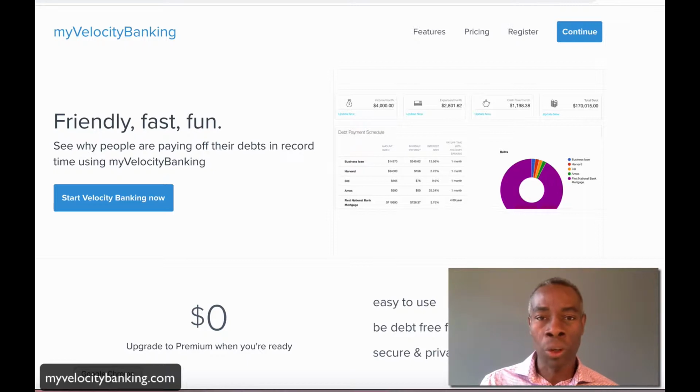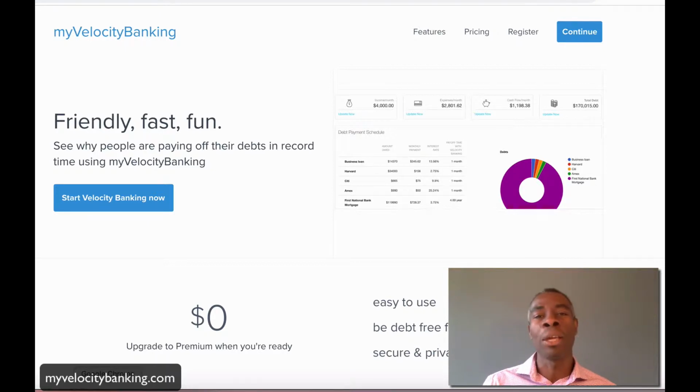If you haven't already done so, head over to the site, sign up for a free membership, and start entering your information, your expenses, your income, and determine your cash flow. Once that's all in there, you can get a report on how to start doing velocity banking. It will break down what tool to use, how much chunk payments to make, when to make them, and everything else you need to implement the velocity banking strategy and start paying off those debts in record